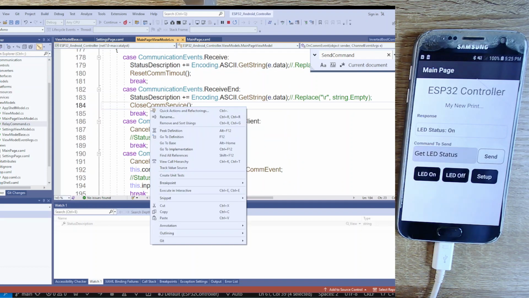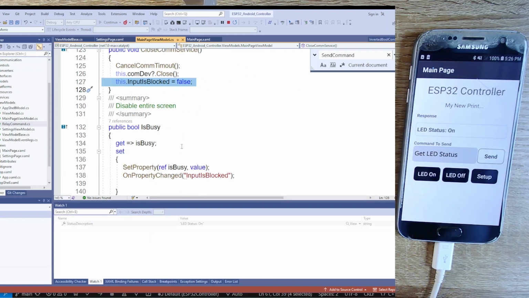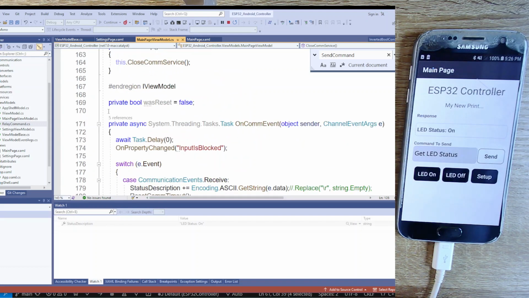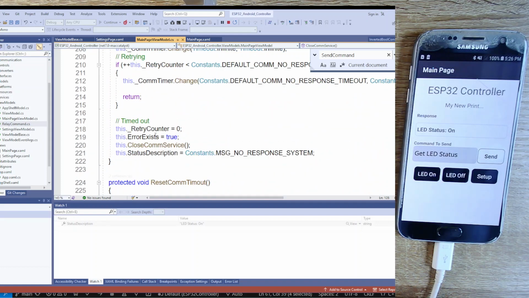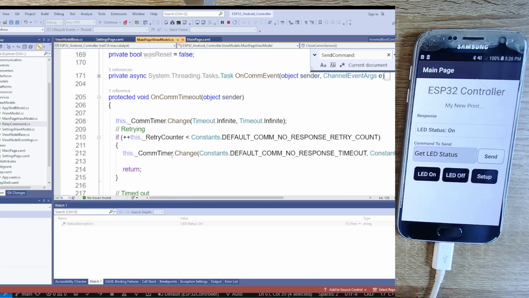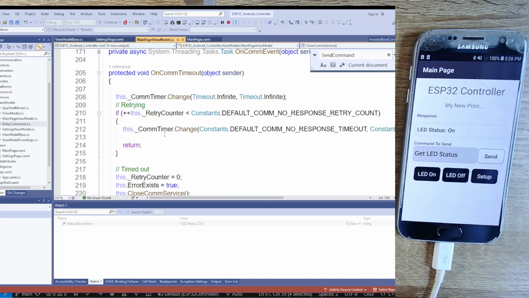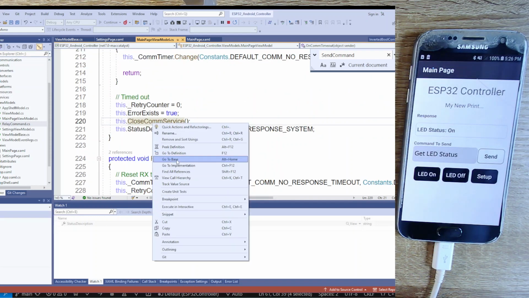or close comm service. So if we go to close comm service, we'll see the input is blocked is reset. And it'll be reset in also close. Okay, anyway. On comm timeout. Reset. Oh, maybe that's where it needs to get fixed. Oh no, close comm service. That will